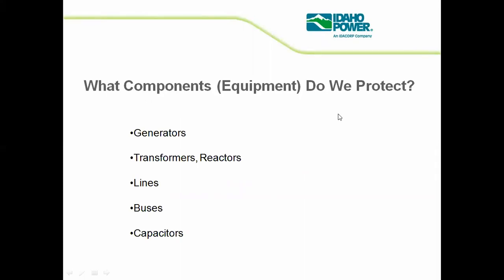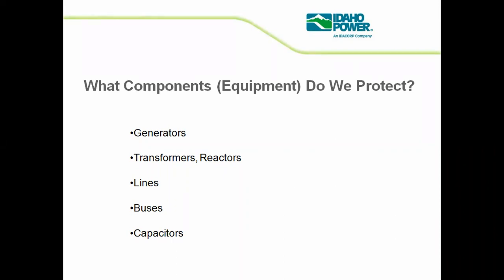Okay, so next we have what components or equipment we have to protect. I can explain from the starting point of view that there are n number of equipment installed on the generating side, the transmission side, as well as the distribution side. So what are the various components installed on the generating side, the transmission side, and the distribution side? Accordingly, based on the type of equipment installed in all three pillars of the power system, we have to adopt certain protection devices. So we have generators, we have transformers, we have reactors, we have lines.